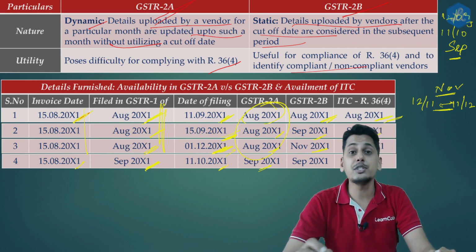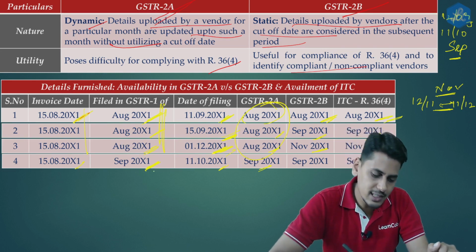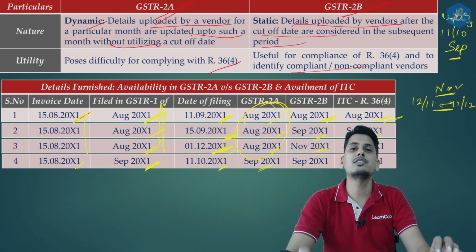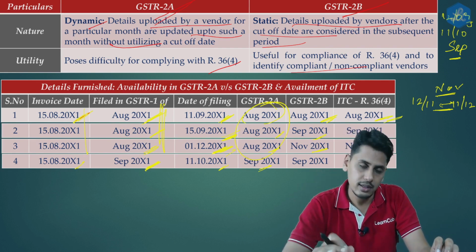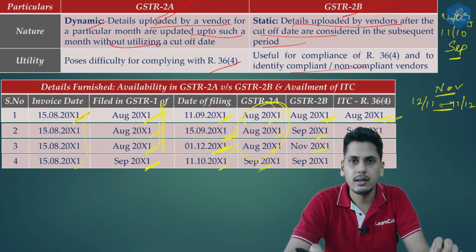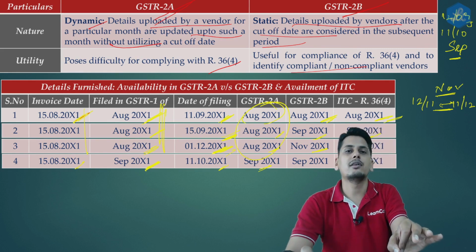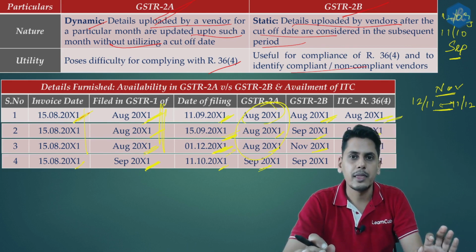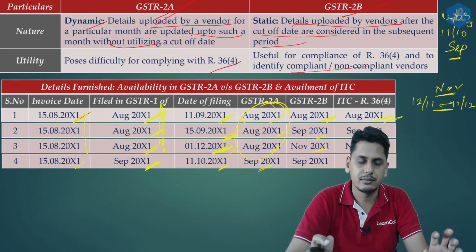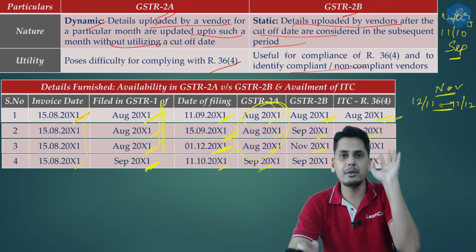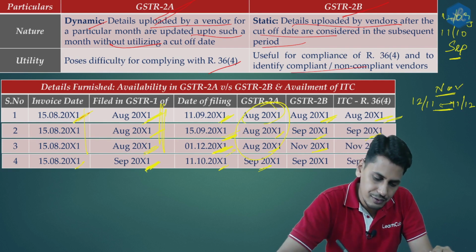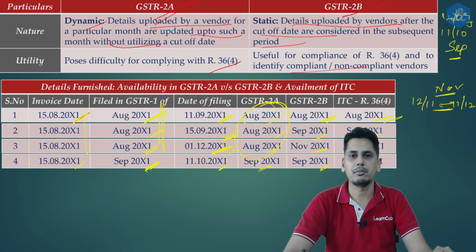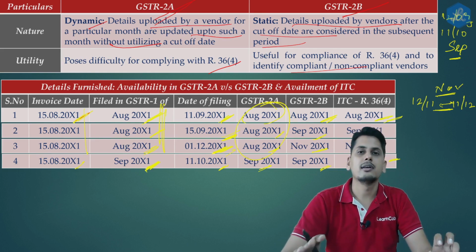Now friends, in which month GSTR 2B it is going to come? He has filed it in which one? September month. He has filed it in September month GSTR 1. So we have to check, will it appear in 2B of September? For it to appear in 2B of September, it should have been filed by 11th of October. September month's return should have been filed by 11th of October. Is it filed by 11th of October? Yes. So it will appear in 2B of September. Credit September month's return.